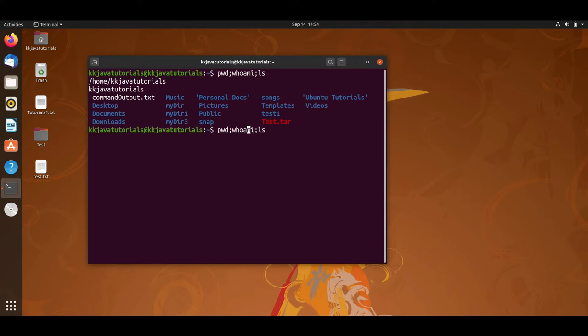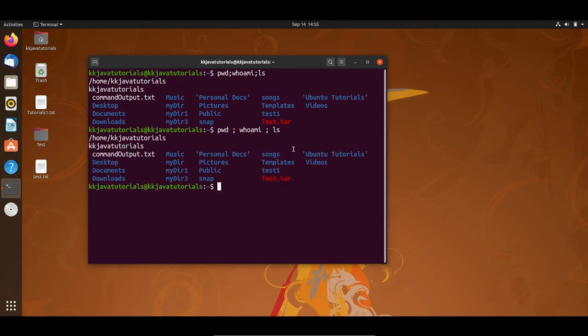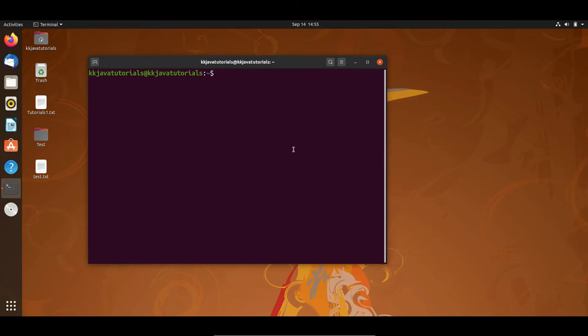Specifying a space between these commands is not mandatory, but if you give some spaces, it is more readable, right? If I press enter, it still works. So this is the first way to combine more than one command and run them at once.